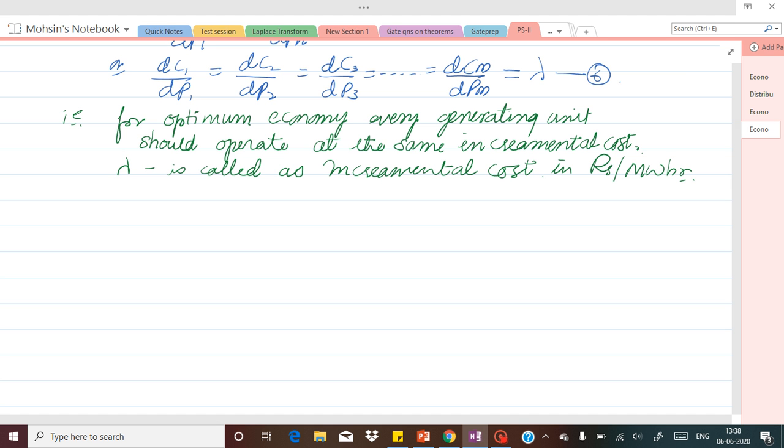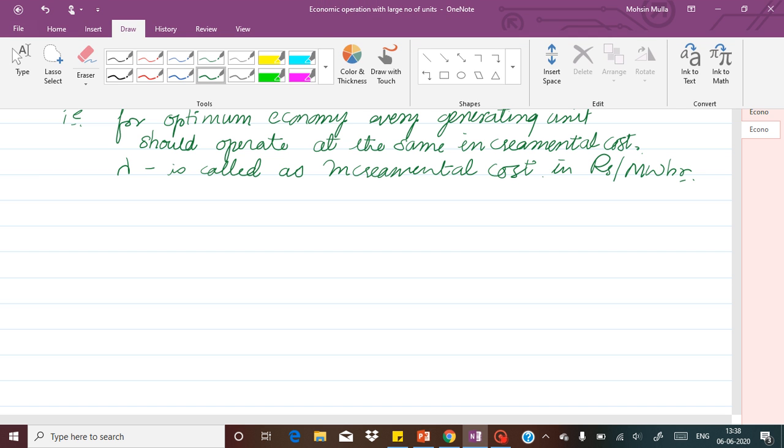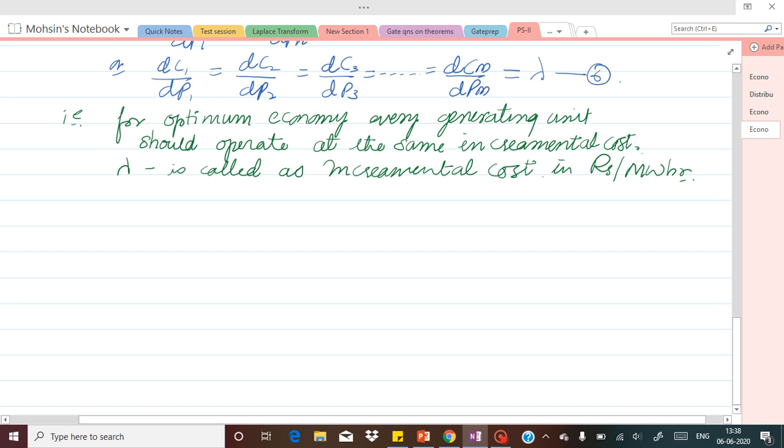Fine. So now what we understand from this analysis with a large number of units is that if there are m number of generating units available in a plant, then when the demand comes up at a particular time, it should be made sure that all the units are operated at the same incremental rate. So we have to try to express this in terms of a graph so that we can understand what exactly it is. So let me just try to draw a graph for this, so the things will be more clear here.